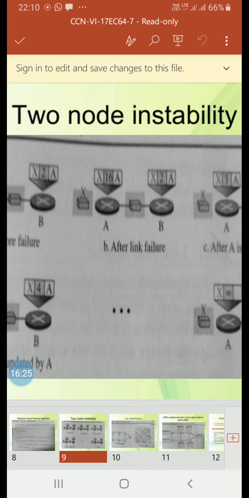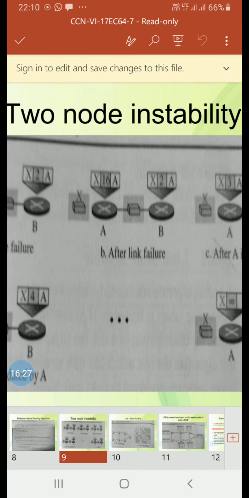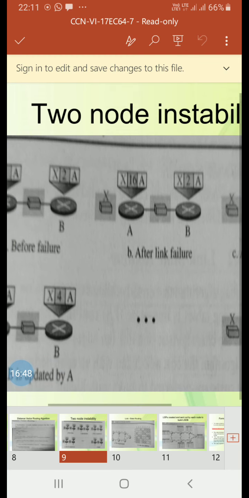Next we'll see count to infinity. The problem with distance vector routing is that any decrease in cost, which is good news, propagates quickly, but any increase in cost, which is bad news, will propagate slowly. For a routing protocol to work properly, if a link is broken, every other node should be aware of it immediately, but this takes some time in distance vector routing. This problem is referred to as count to infinity. Sometimes it may take several updates also.